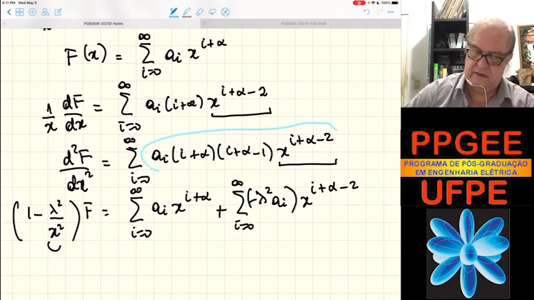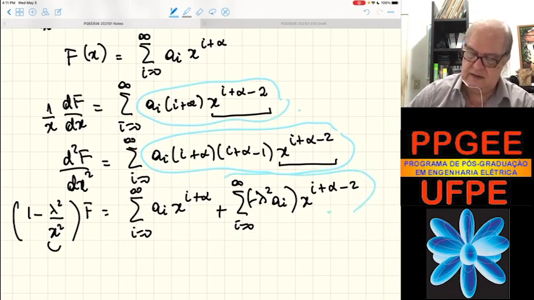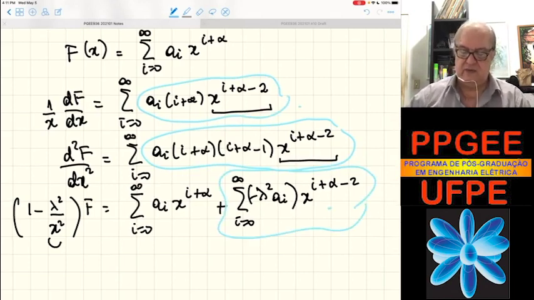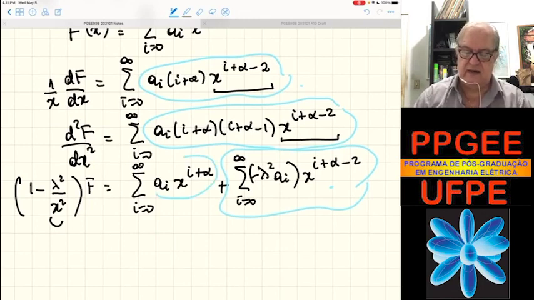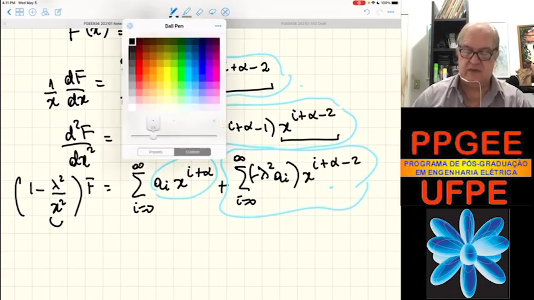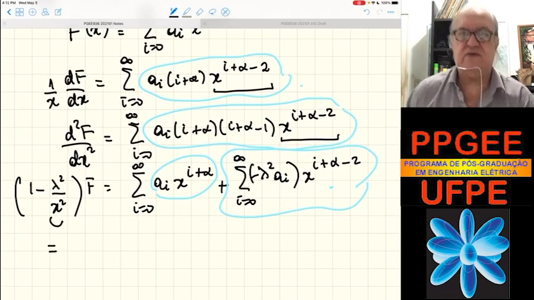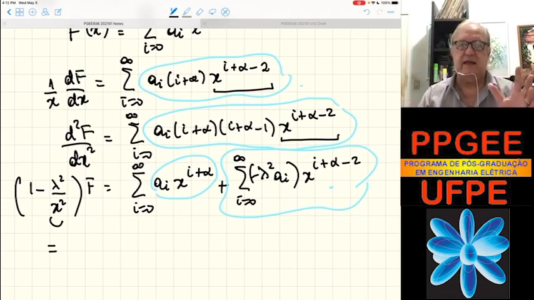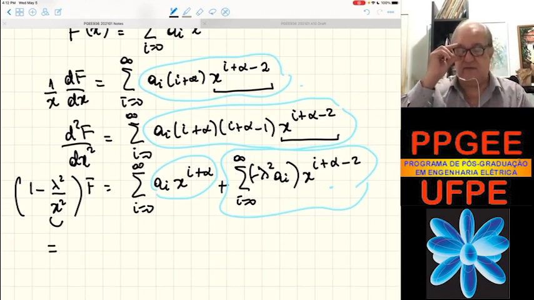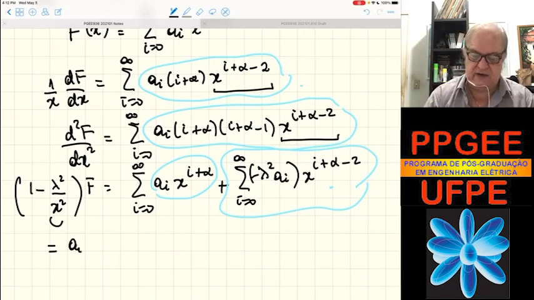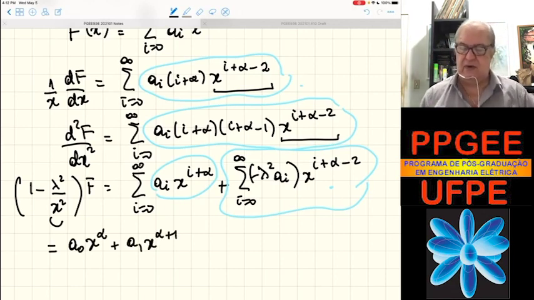This term here has the same power as this one and as this one, right? And this one, I had to look at i equals 0 and i equals 1, which is different. Then the remaining ones are the same. So let's rewrite this one. It's the same procedure that we did in the Legendre case, using the same rearrangement of indices. That's going to be A0 x^alpha plus A1 x^(alpha+1). Then we go